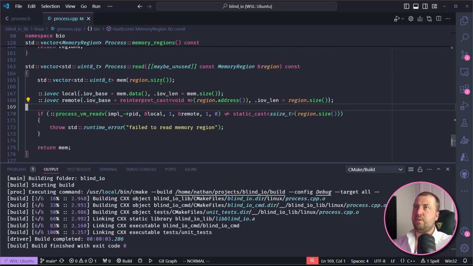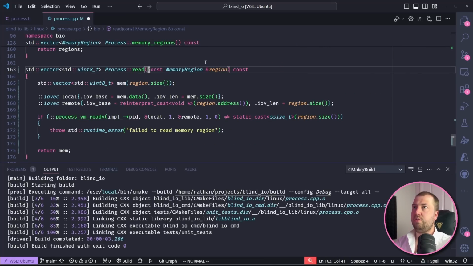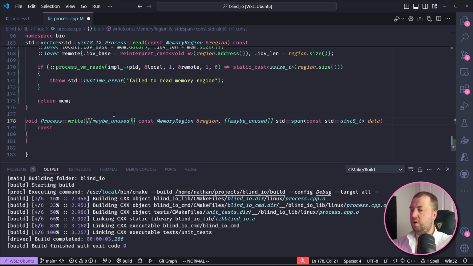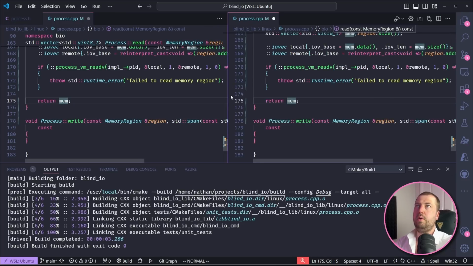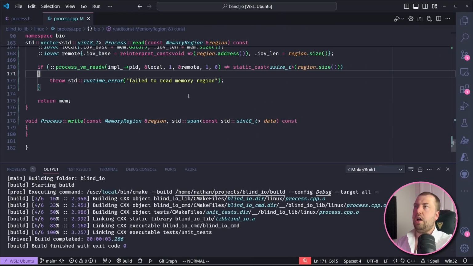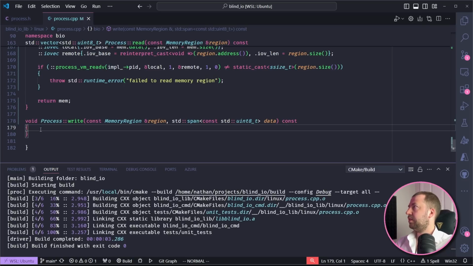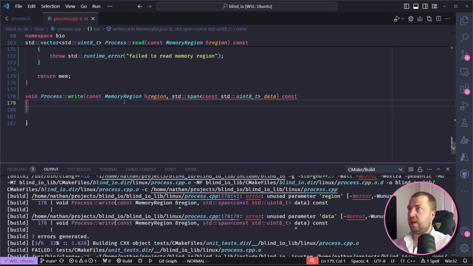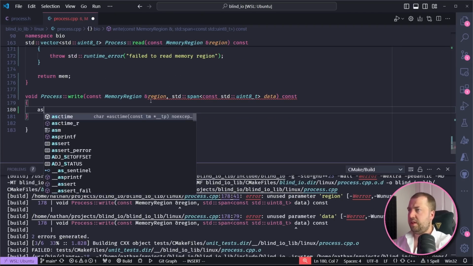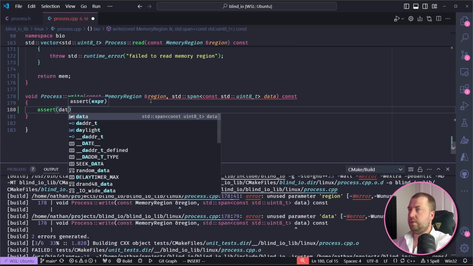I can get rid of all these unused bits now. All right, and let's do write while we're here. And then what we'll do is take our sample from the Windows one where we tried to find some text in a running process, and we'll see if we can replace it. Okay, so time to write. I think write is very much the same. I think in the Windows one I did this, so we'll just